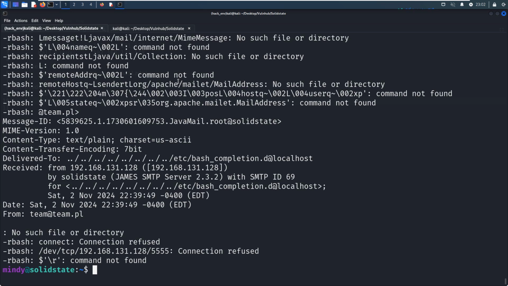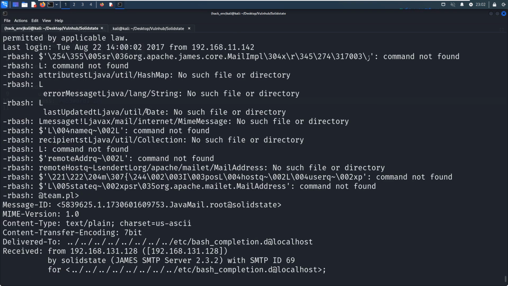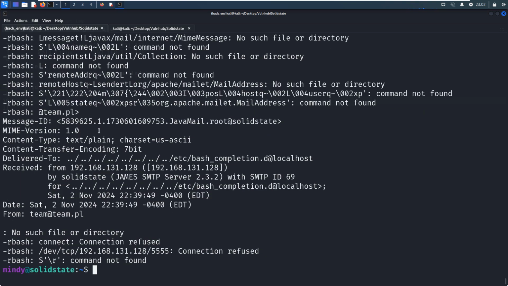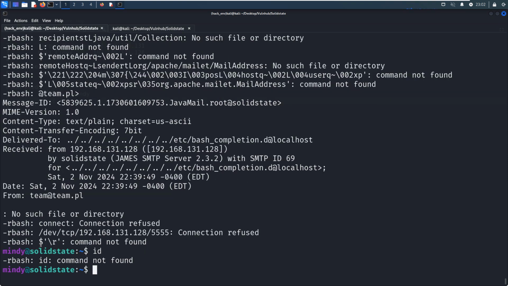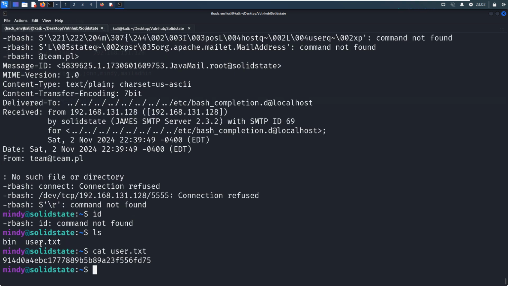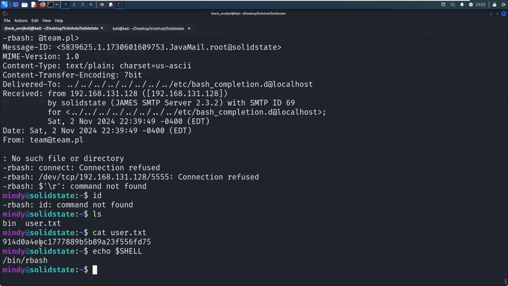We are in, and it also gives us some email. So it looks like we are in, although we have already got a shell on the target. We are in a restricted shell. For example, you cannot run commands. Oh, we can run the ls command to retrieve the user flag, and we can echo the shell. Yeah, we are indeed in a restricted bash shell, and also we can cat out the path.